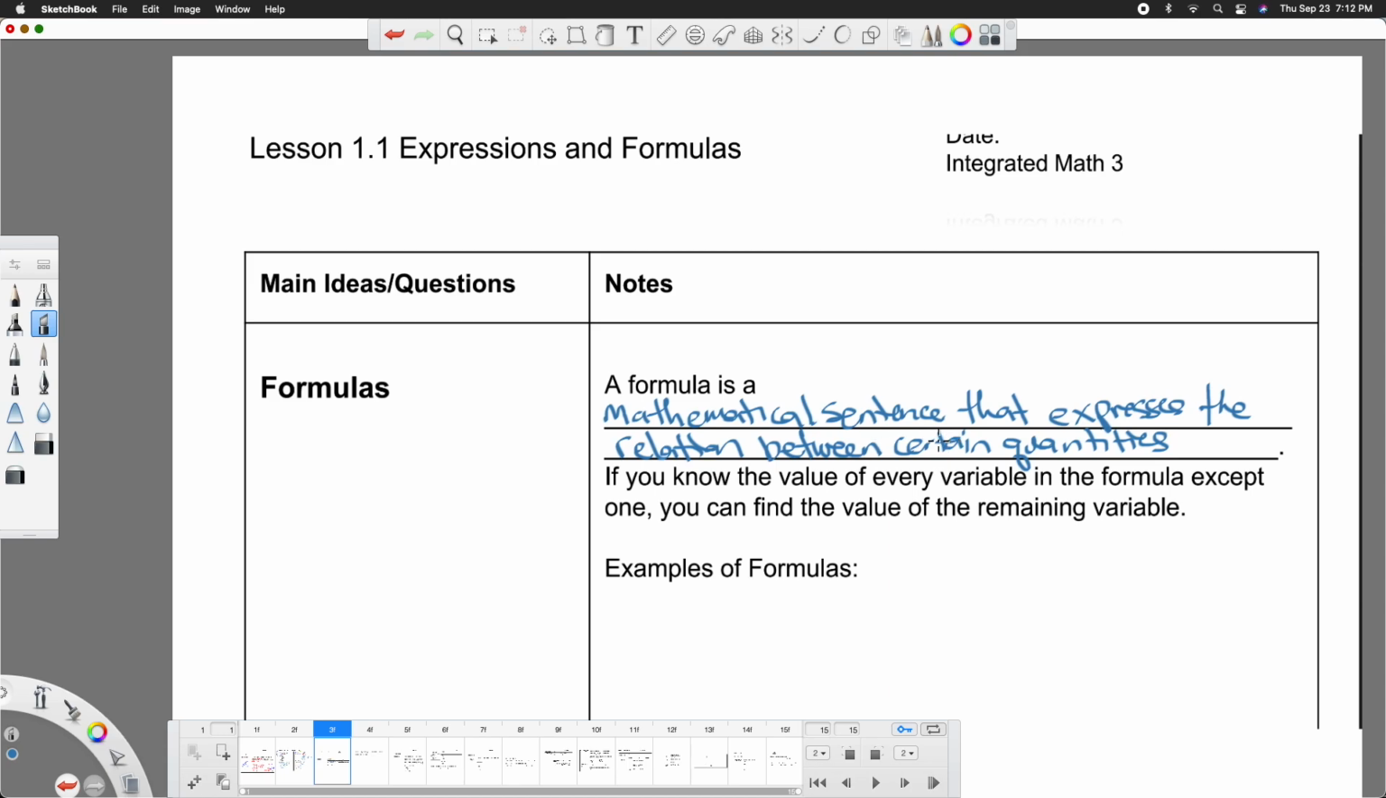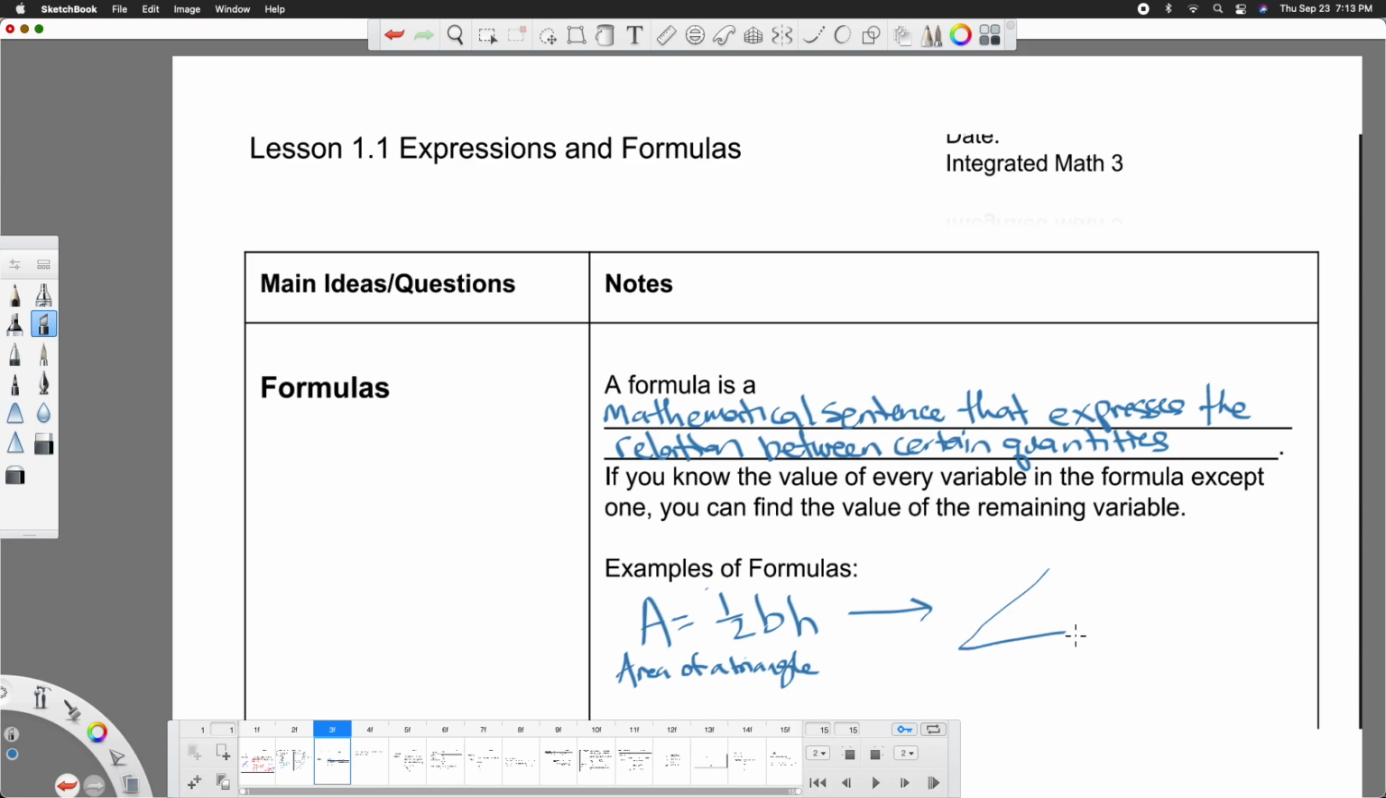If you know the value of every variable in the formula except one, you can find the value of the remaining variable. So some examples of variables would be area of a triangle, so area of a triangle. Area of a triangle, I don't know, I'm losing my mind, of a triangle. And we would have 1/2 times base times height, which just, if we actually look at a triangle like this,